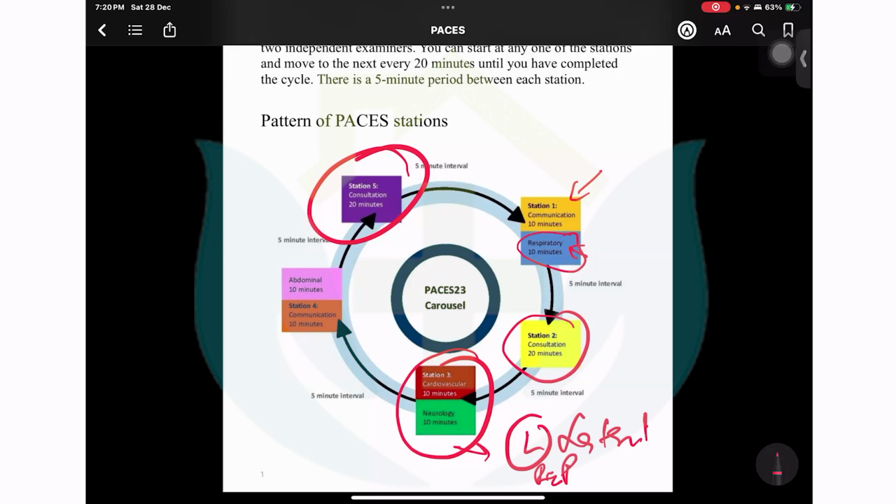And believe me, when the patients arrive, they have themselves seen all the patients before they take them up for examination. So, cardiovascular status, neurology station, and then communication again, and abdominal. My abdominal patient, if I am not wrong, was a jaundiced patient. The patient had jaundice, he had ascites, and the viva went on from, why would you want to get a complete hemogram done on this patient?